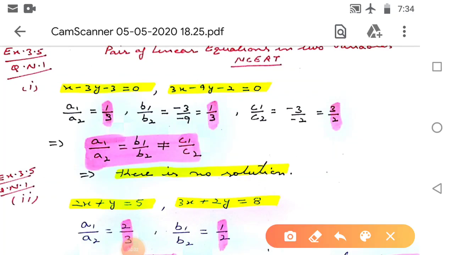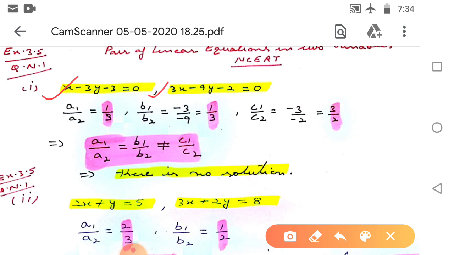Hello students, let's start exercise 3.5 question number 1, and the question is, which of the following pairs of linear equations has unique solution, no solution, infinitely many solutions? In case there is a unique solution, find it by using cross multiplication method, right? So look at our first equation, that is x minus 3y minus 3 is equal to 0, and the second